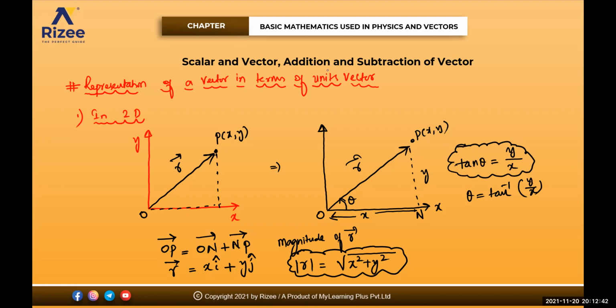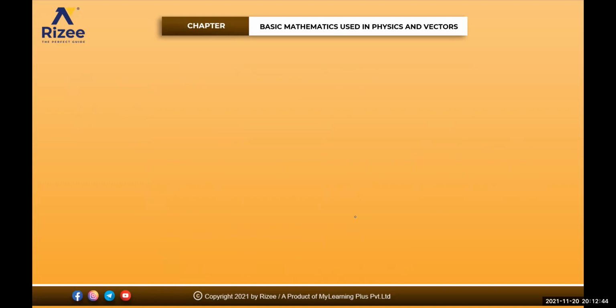Chalo. Now in 3 dimension, this is something very important, beta. Students get a lot of confusion in this one. Now we are talking about a representation of vector in 3 dimension. Now see how I'm drawing the vector, beta. This is one axis. This is one axis. This is your another axis.